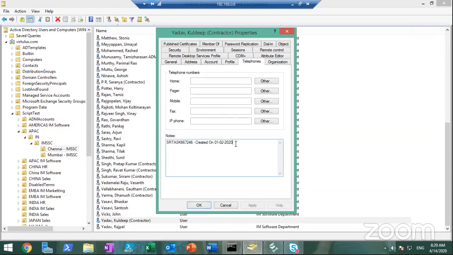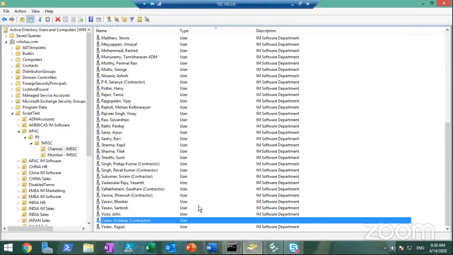So I'll just change something here, some text for test. Something has happened. Okay, so something has happened. Now next time what will happen, this is not going to affect Kuldeep's work. Okay, so what will happen is, once Kuldeep logs in